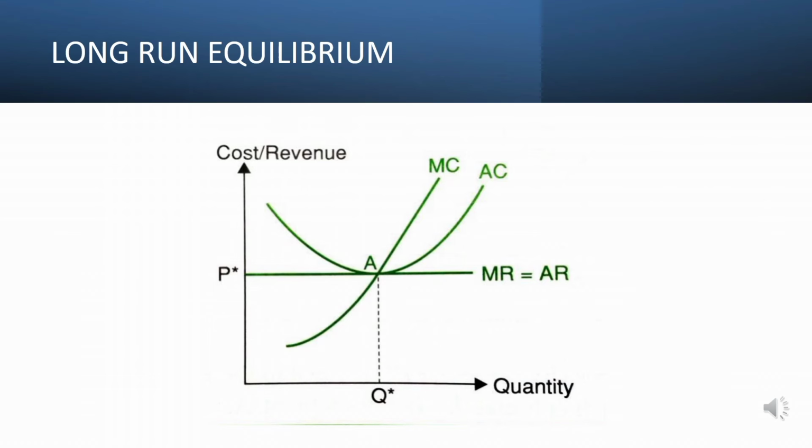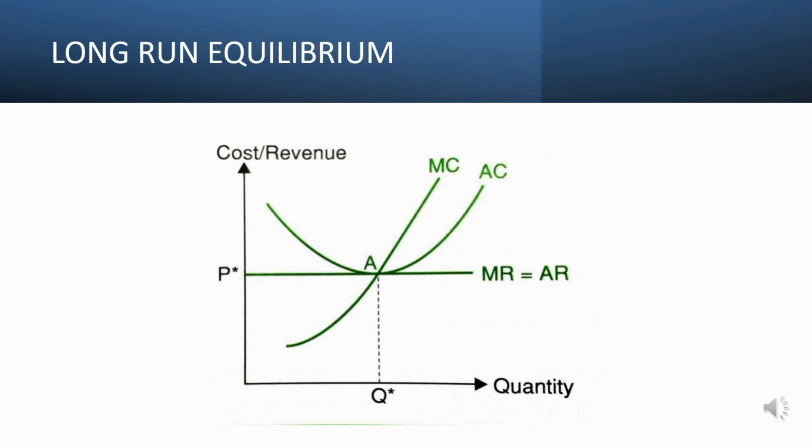It is therefore long run average and marginal cost curves which are relevant for deciding about equilibrium output in the long run. Moreover, in the long run, it is the average total cost which is of determining importance, since all costs are variable and non-fixed. As explained above, a firm is in equilibrium under perfect competition when marginal cost is equal to price, but for the firm to be in a long-run equilibrium, besides marginal cost being equal to price, the price must also be equal to average cost.